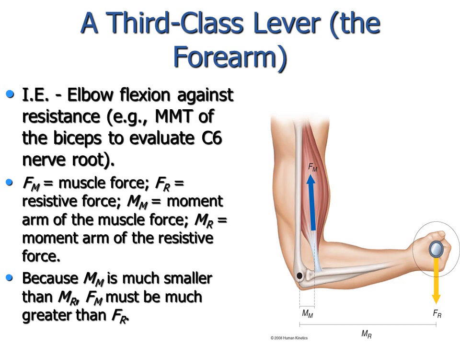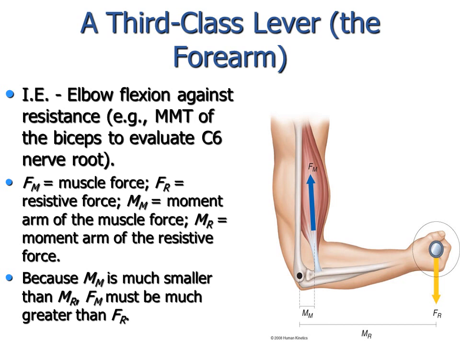Well, the resistive force is applied at the distal aspect of the forearm, or even in the hand if you consider a person doing bicep curls in the gym, or if you do your manual muscle testing by placing your hand in the hand of the examinee. You'll see that the resistive force, the moment arm through which the resistive force acts, is much greater, similar to the example of the